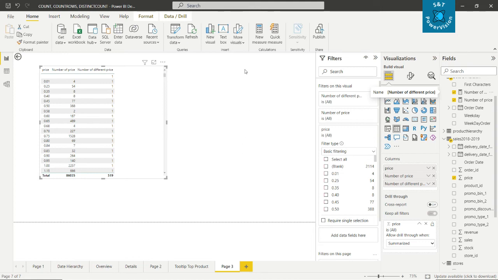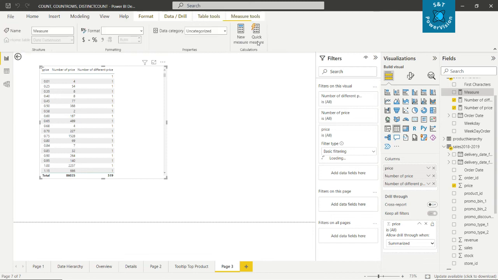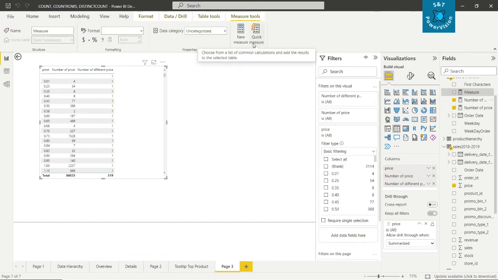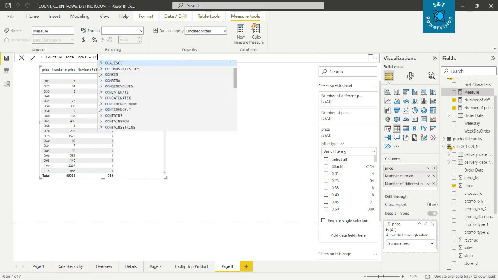So we will use another function. Count of total rows is equal to count rows.